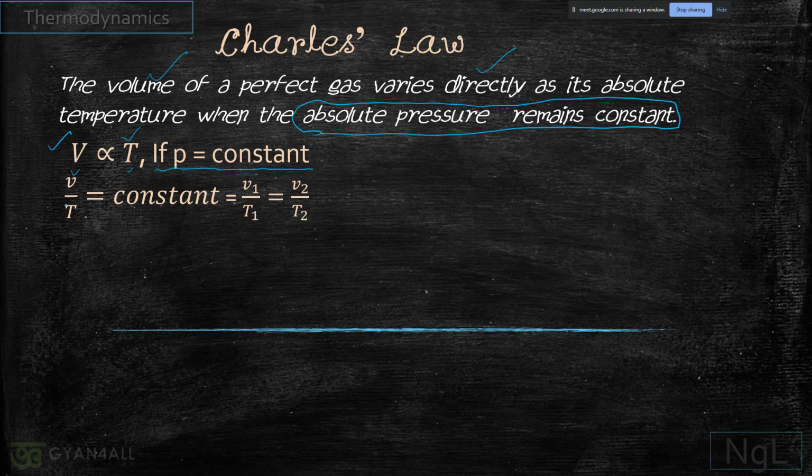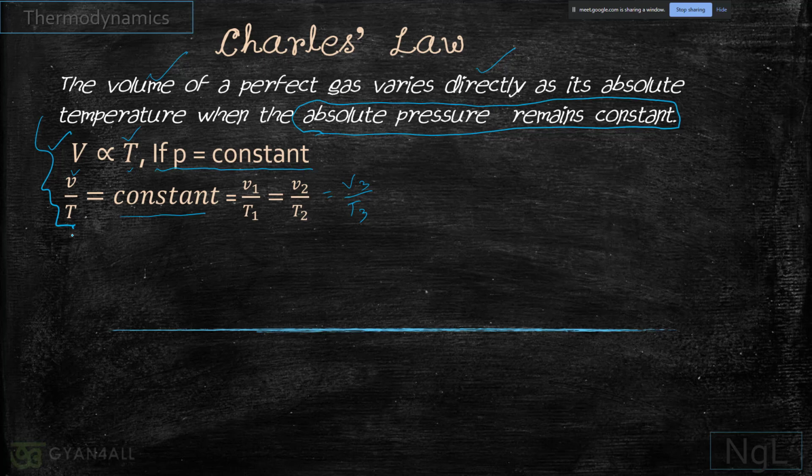Then we can write V upon T is constant. So V1 by T1 is equal to V2 by T2 equal to V3 by T3. This way we can write the Charles's law in a mathematical form. So for any system, if it is given that the pressure remains constant, then we can apply this law. And for any thermodynamic system, if it is given in the problem or in a situation that